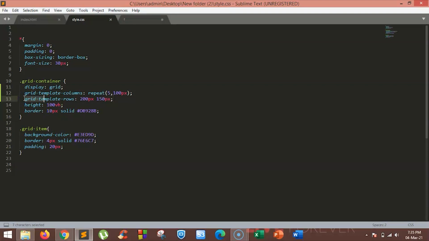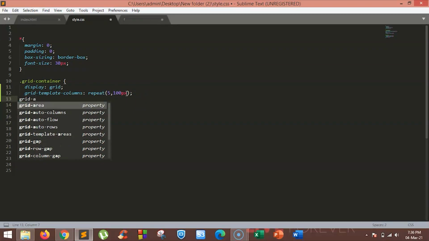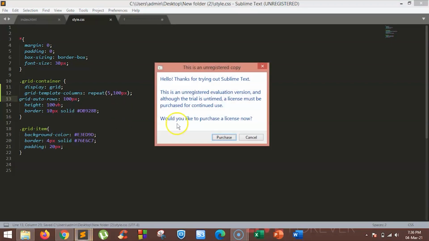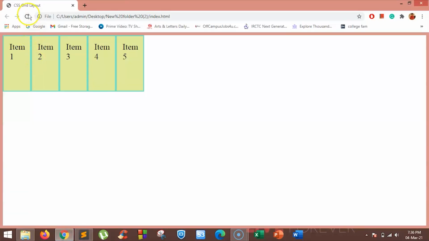So we'll just delete the grid template rows and set the grid auto rows to 100 pixels. Now you can see all the rows are 100 pixels tall.